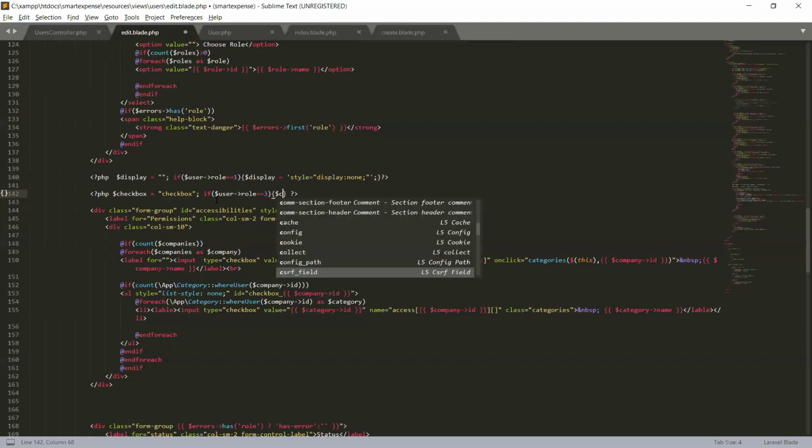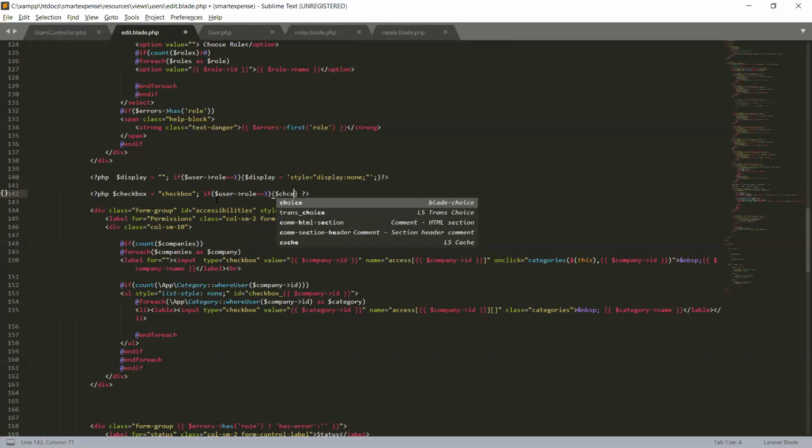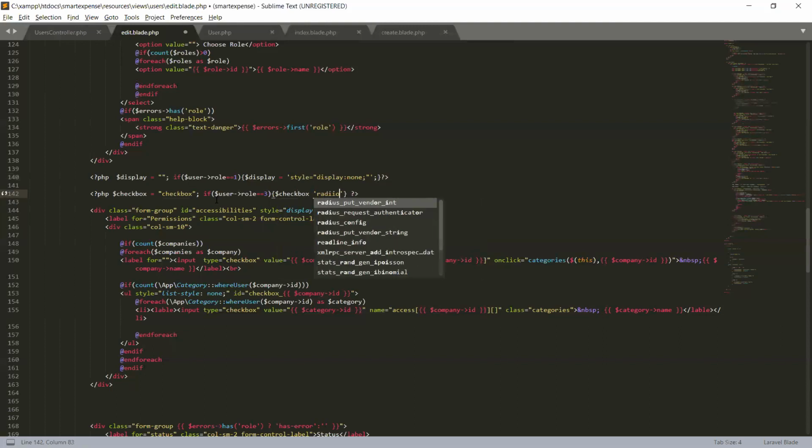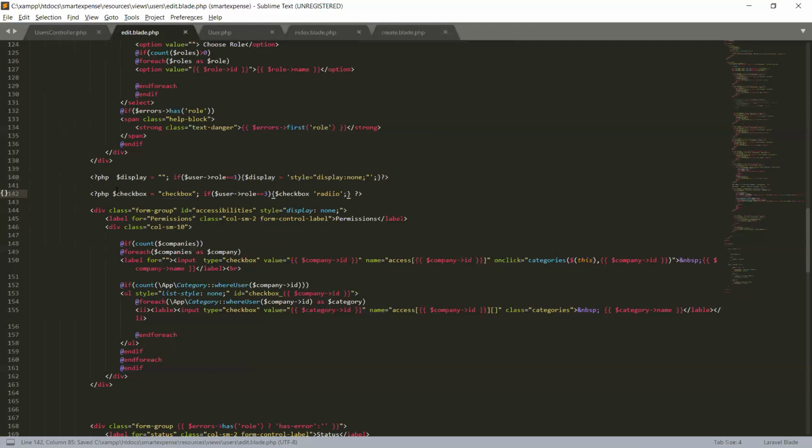So checkbox is equal to radio. And we need to end this statement. Okay.